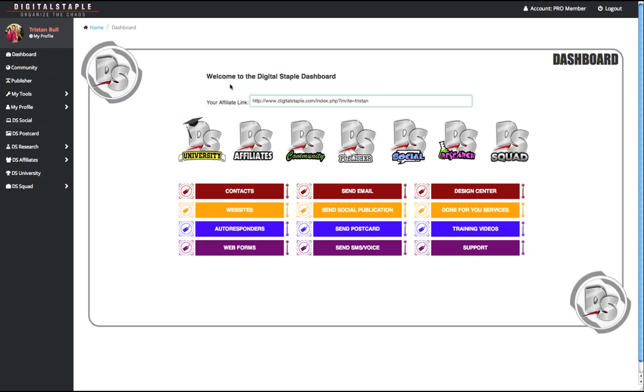So there is tens of thousands of dollars worth of training just inside that little section there. But the really awesome thing is that the training has been created for Digital Staple. So not only will you learn how to do all this amazing stuff, then the advantage that you have over every other training program is, okay, so now that you know how to do that, here's how you actually automate that with the Digital Staple platform. Extremely powerful stuff. We also have our own affiliate program, so if you want to promote Digital Staple, you can,